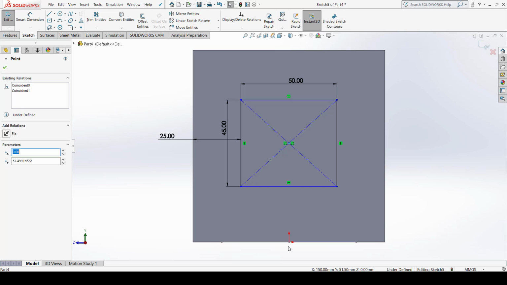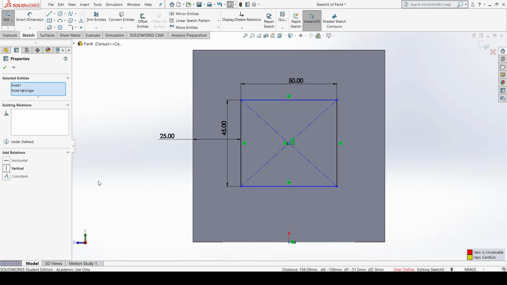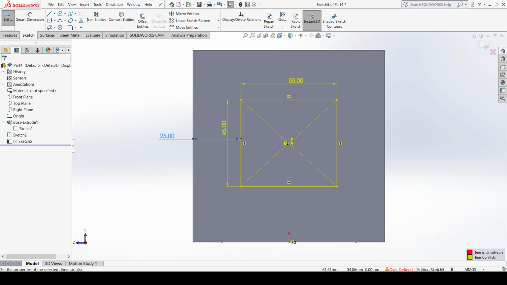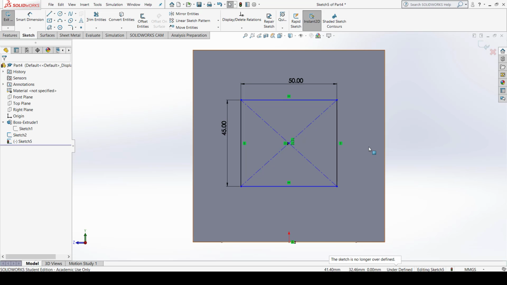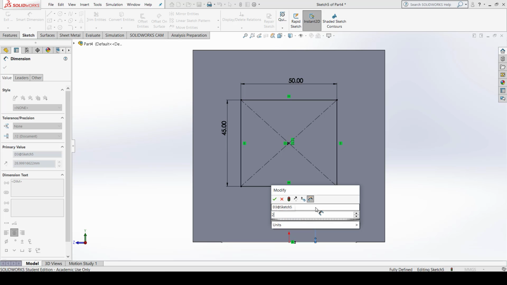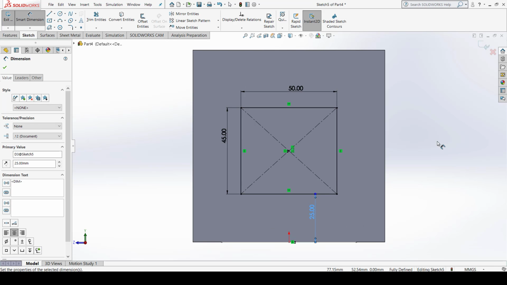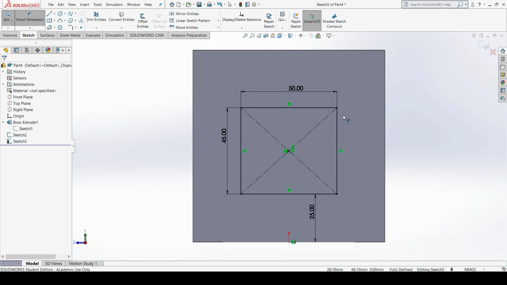Make sure this point and the region are vertical, and you have to delete this, it becomes over constraint. And this dimension from this edge should be 25. See, it is at the center of this face.